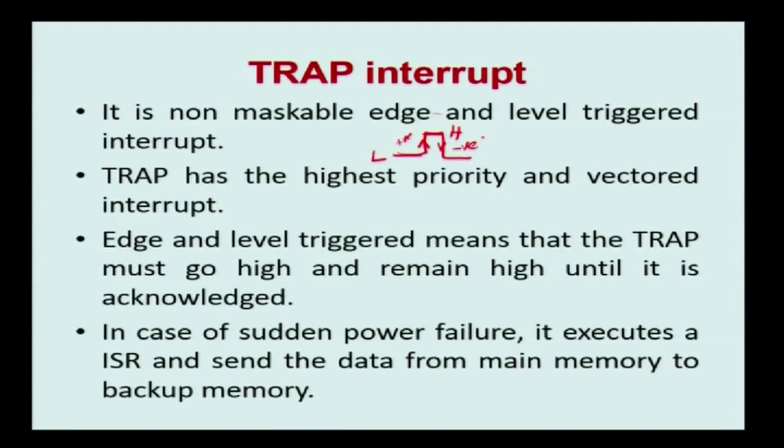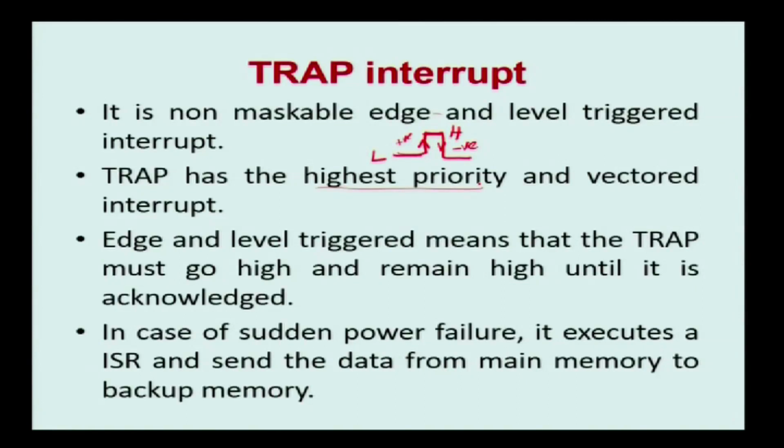The trap signal is activated as edge triggered and high level. So, it indicates positive edge triggering with a high level. So, first it has to change the level from low to high, then it has to stay on the high level. After identifying these 2 conditions only, the trap is activated. Once the trap is activated, the processor will respond to the corresponding service routine. So, the trap has the highest priority. We have 5 interrupts, among the 5 interrupts this is the highest priority. Then we know the address where to switch over, that is why it is also called a vectored interrupt.